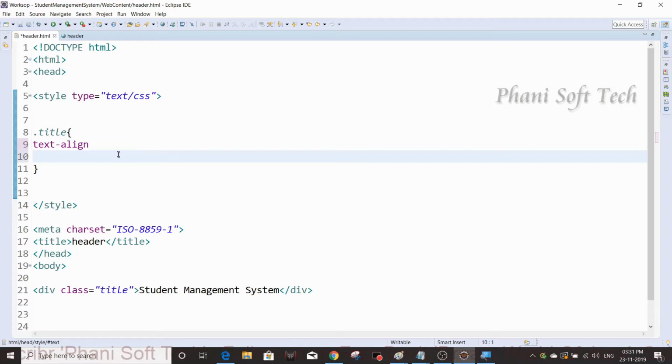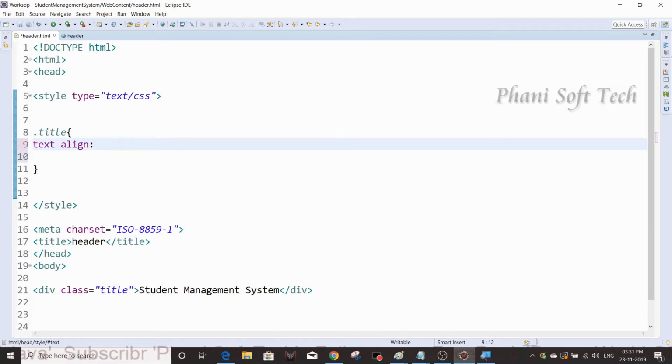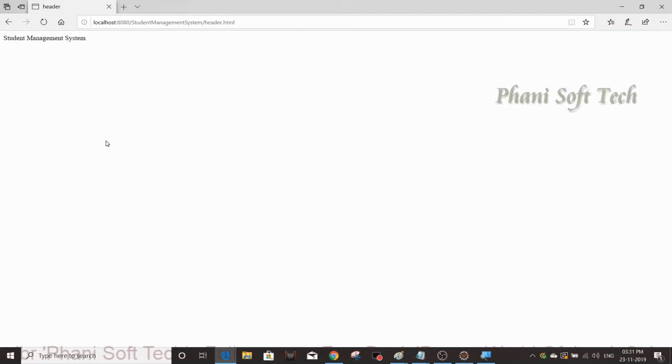Text align colon. This is the syntax: one is the attribute name, then a colon, and the value of the attribute. We are going to give center here, Control S to save it, go to your browser and refresh it. Now our content is in the center.